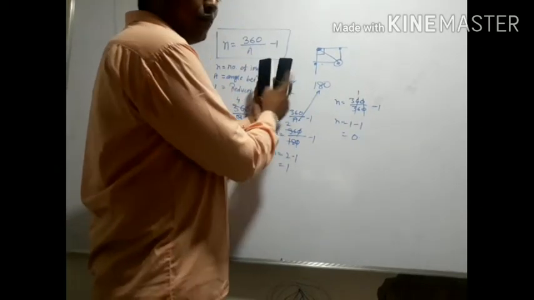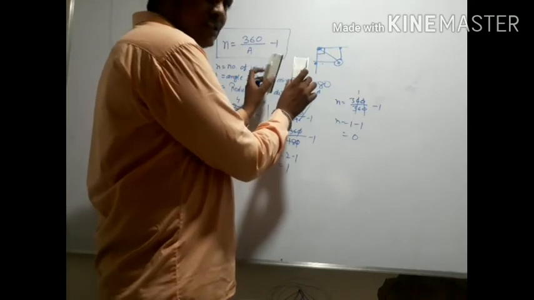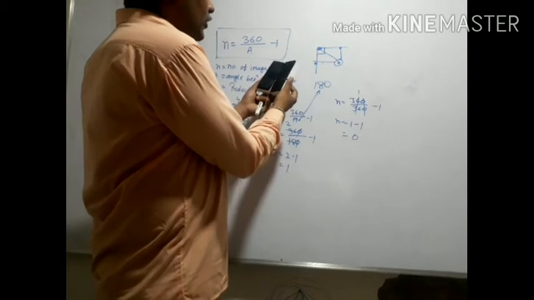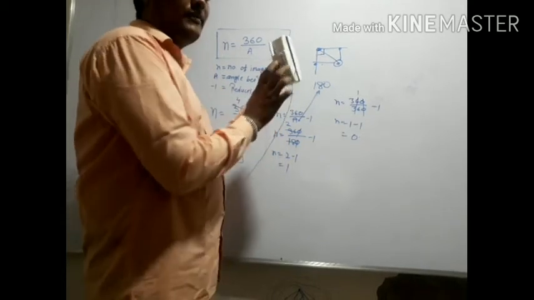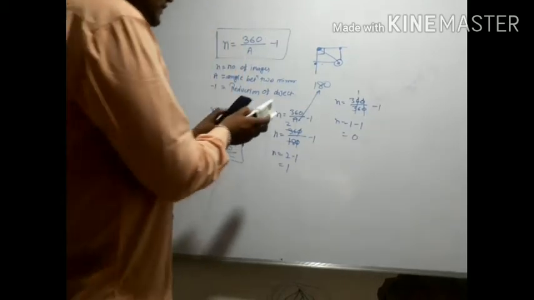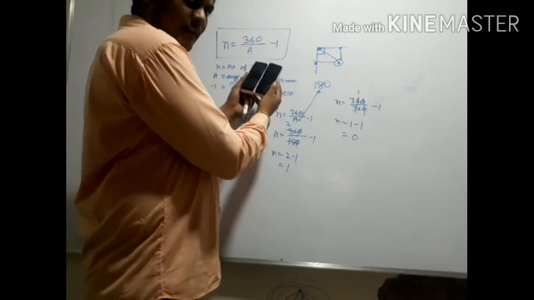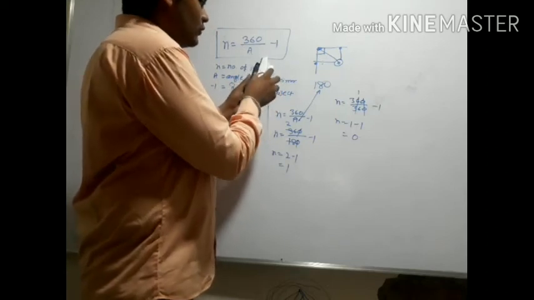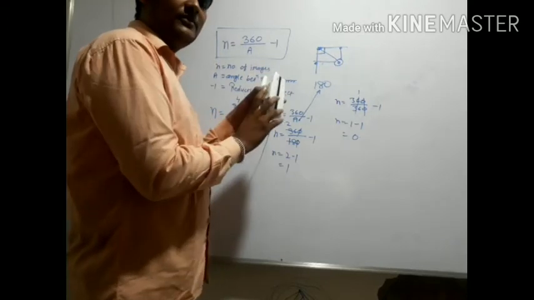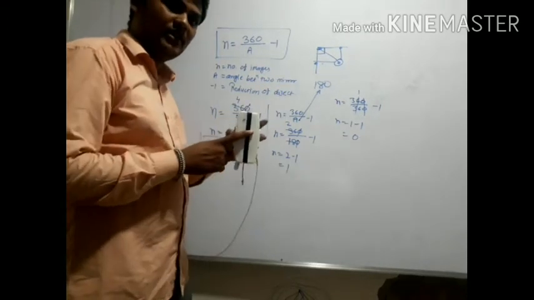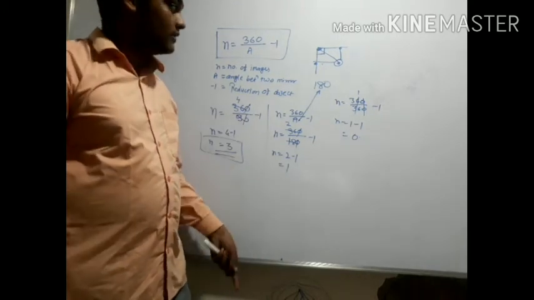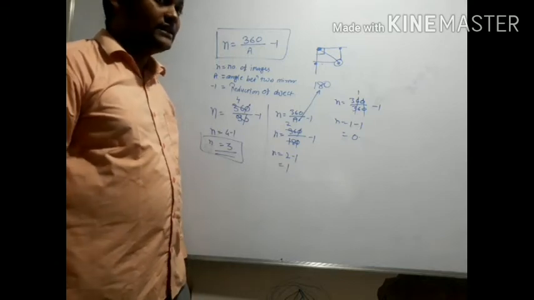If a polished surface means when I take two mirrors, right now I was able to see my face on both sides. At the back side of the mirror, are we able to see our images? No. So at that time, if you join like this, how many angle have you made? 360. Now it is 180. The angle between the two mirrors is 180, and again at the downside also 180. Now how many images do you get in such a type of mirror? Zero image. That's the reason you will get 0 images when the angle between two mirrors is 360.